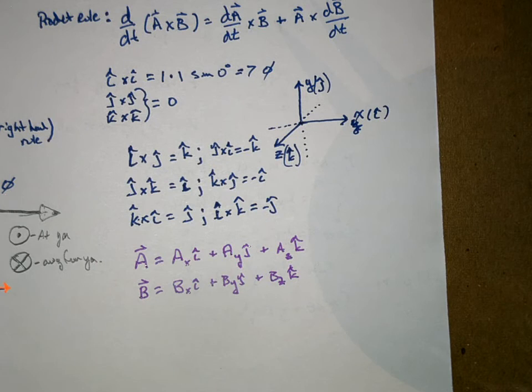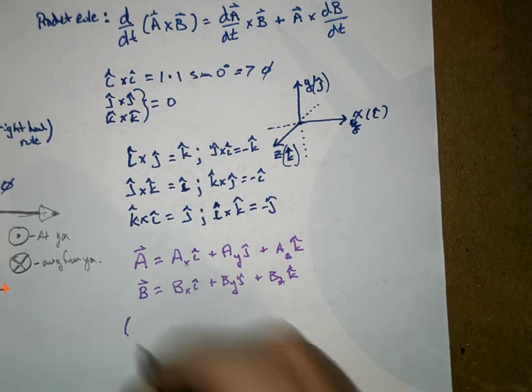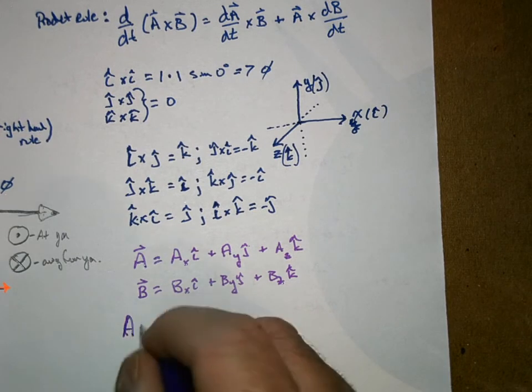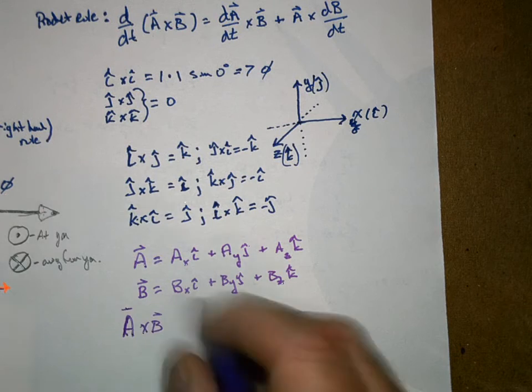But this is actually what matrices and determinants were used for. And there's an example in your book, I think it's formula 11.8 in your book, that will go through the determinants of this and how it works and all that sort of thing. But I'm going to give you what the final answer actually is, because I don't feel like writing it, showing all the determinants and writing it down. But you'll just have to take my word for it that A cross B equals